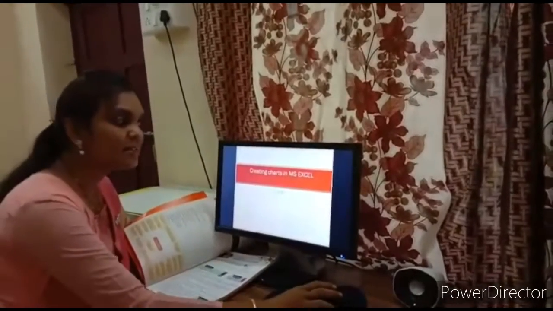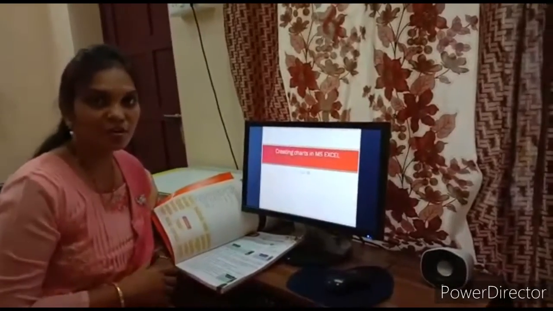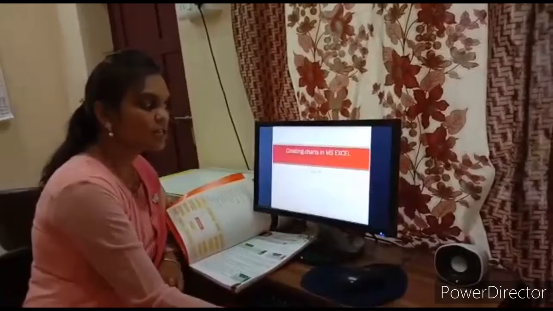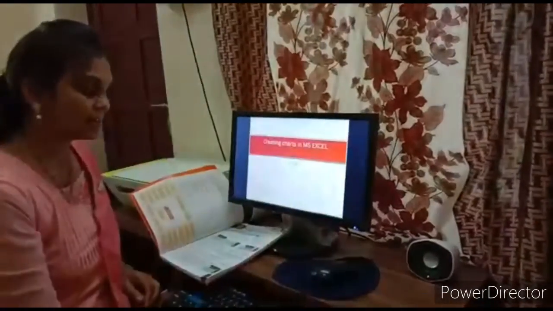In this chapter, I will be dealing with how charts are created, what charts are, copying the charts, modification of the charts, and moving of the charts, along with the types and components of the charts. MS Excel is mainly used for analyzing and observing data in different patterns. So, the first chapter which we have is creating charts in MS Excel.